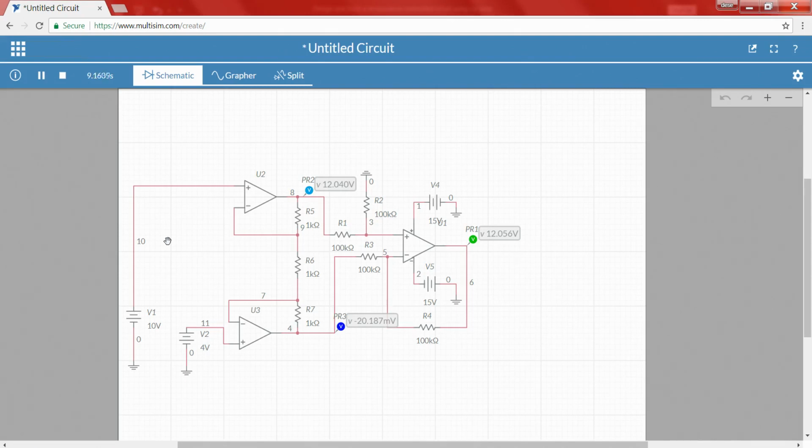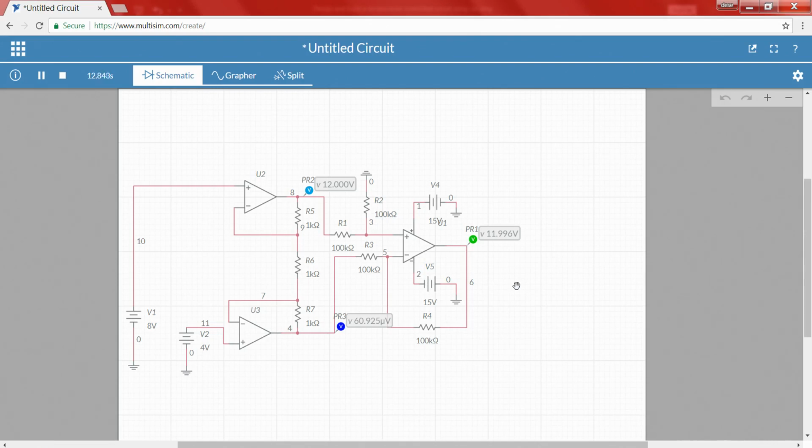Then I will change V1 to 8 and V2 to 4. So, 8 minus 4, the theoretical value should be 4, and 4 into 2 is 8.